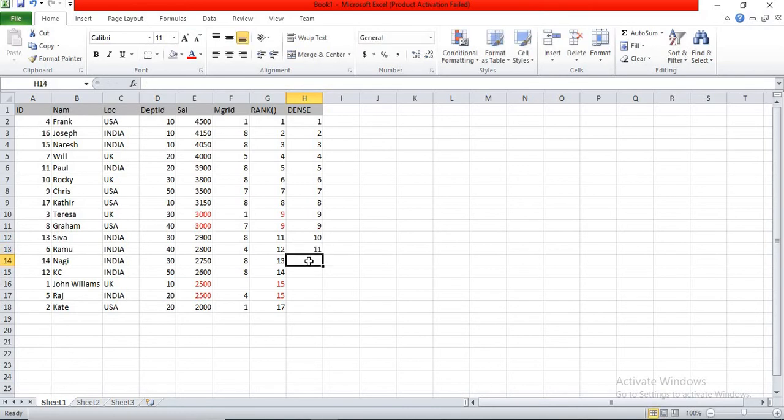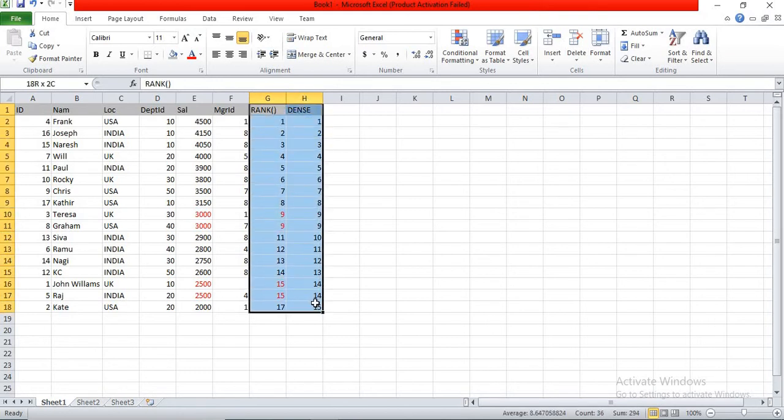Next 11, 12, 13, next 14, both will be 14, next this is 15. Now you might have understood the difference. In the rank function, if 2 or many records get the same value, then that many ranks will be skipped. This is the difference between rank and dense rank.